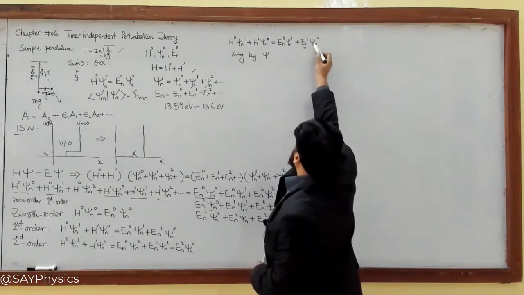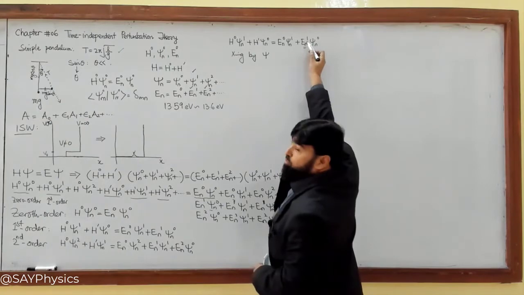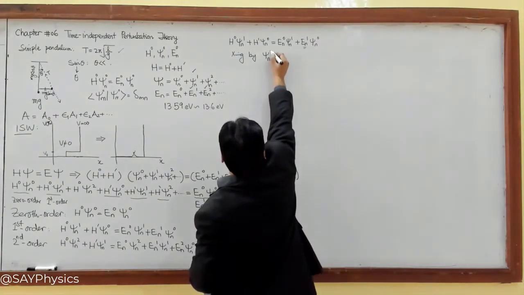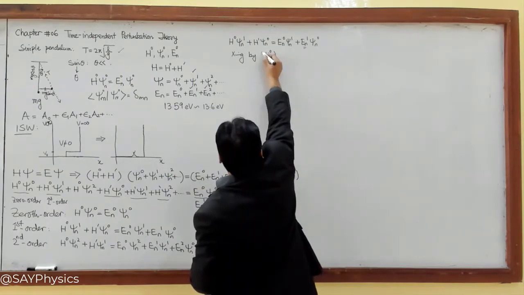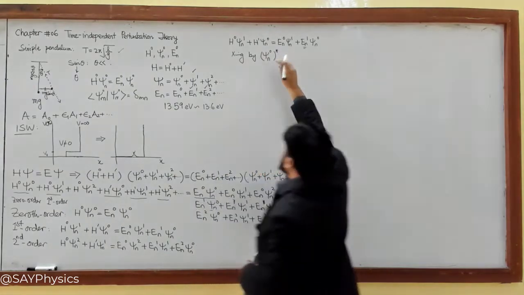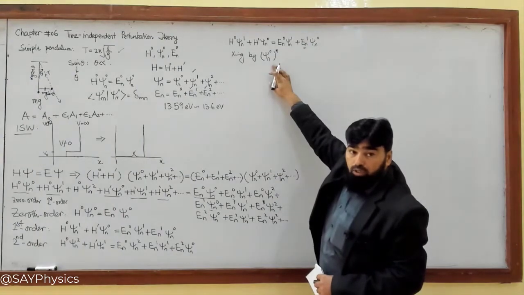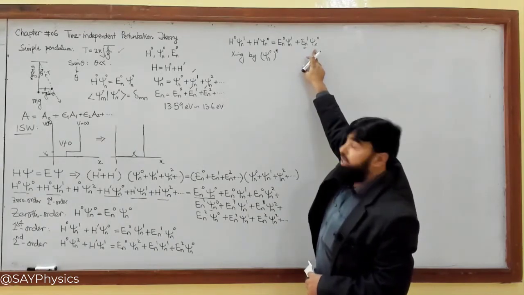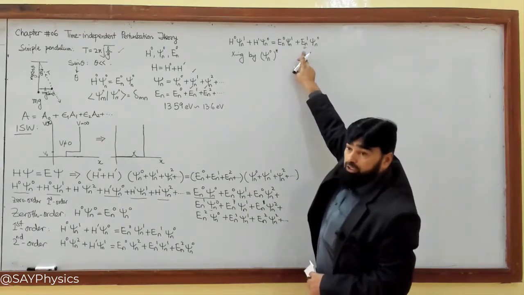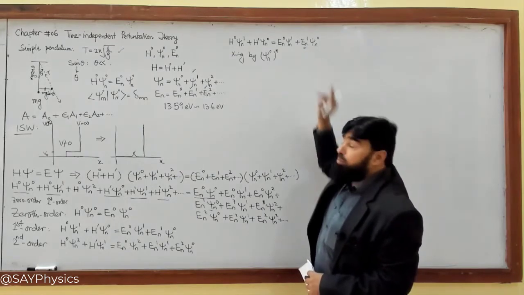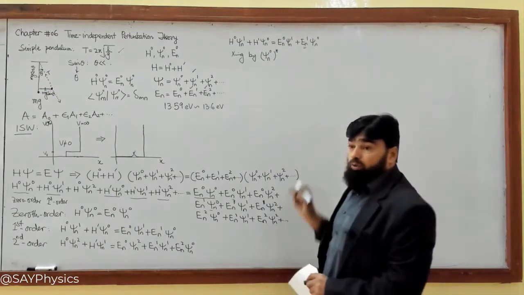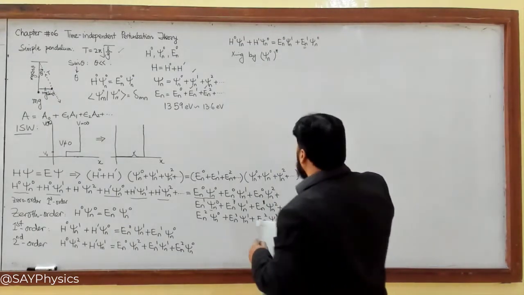I'm interested in En1 here, so I multiply with psi n0 and its conjugate. If I multiply with this one, then it will make 1 over here, because psi n mod square, and they are orthonormal, so it will make this 1 and I will get En1 here. So keeping in mind that I want En1, I will multiply with this one, and I can write that